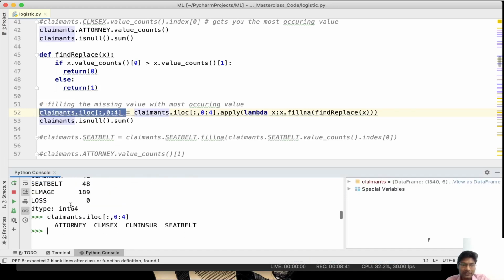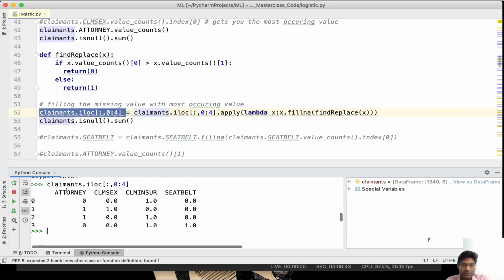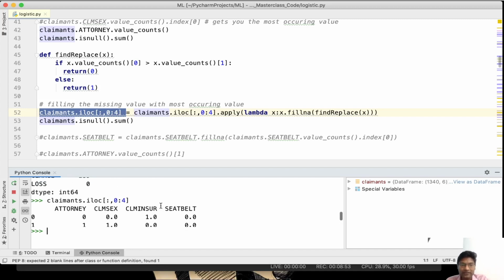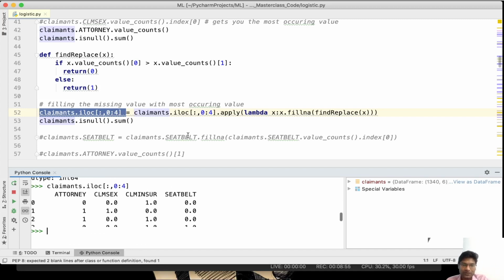This gives us the first 4 columns, 4 meaning 4 minus 1, that is 0, 1, 2, 3. Those are the first 4 columns: attorney, sex, claimant, seatbelt. All these 4 columns are binary values, so we can follow the same approach. So claimants.iloc, again for the 0 to 4 columns, dot apply.